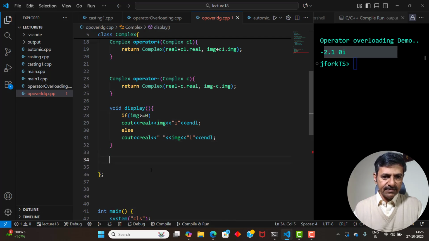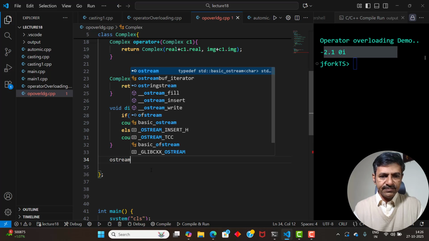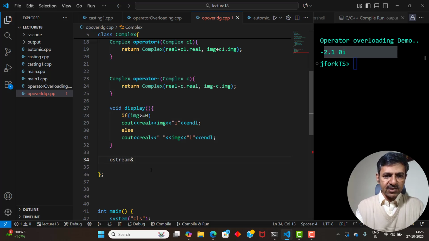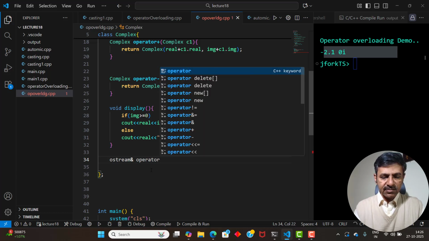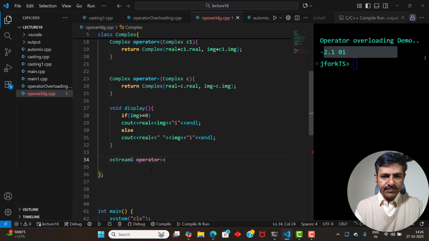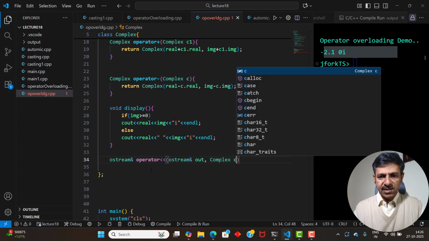So for that you have to say ostream. So there is a specific syntax that we need to follow. Then say operator less than, then ostream ampersand out, comma complex C,